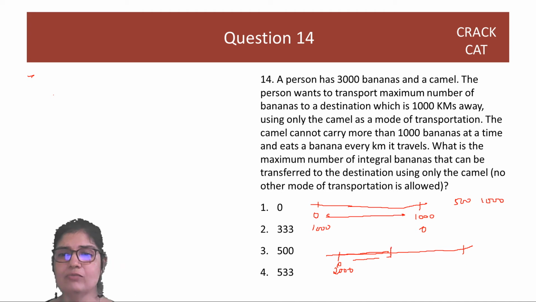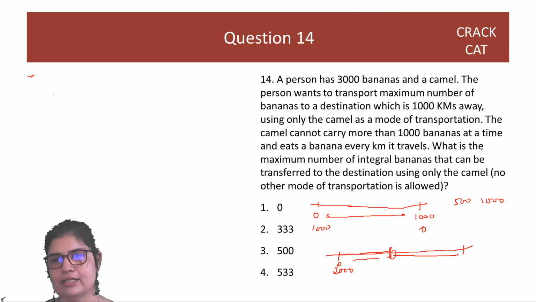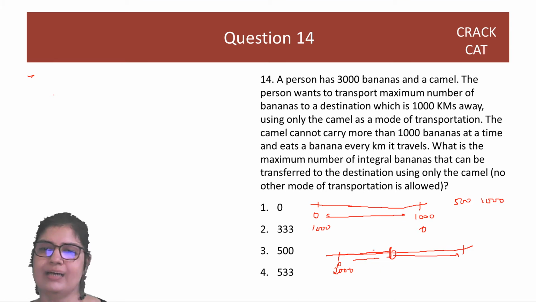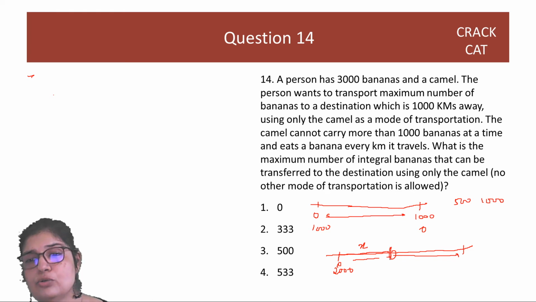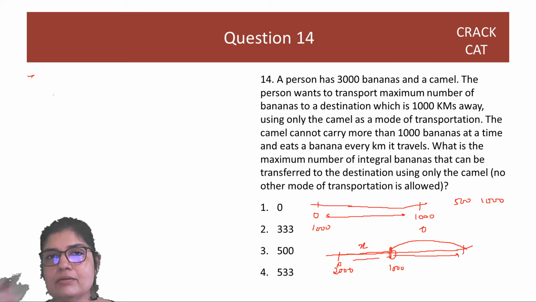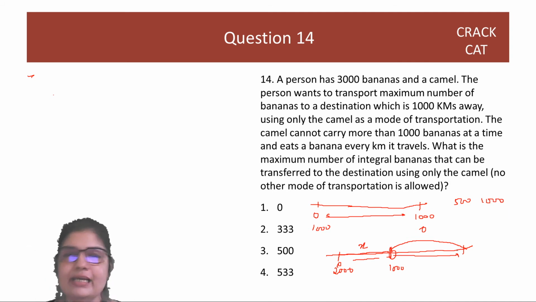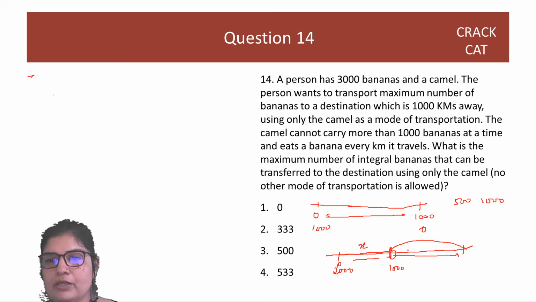And then from here he will pick up what is left and go ahead. So see, let's say he dumps some of the first 1000 he picked up here, but he'll need some to come back and eat also, and then he will need some to reach again, so that there should be 1000 here, so that when he starts here he has 1000 bananas to carry. That is the trick with respect to thinking: whenever he starts from any point, it is silly if he's starting with 800, 700, 500, 200. Whenever he starts from a particular location, he has to pick up 1000.